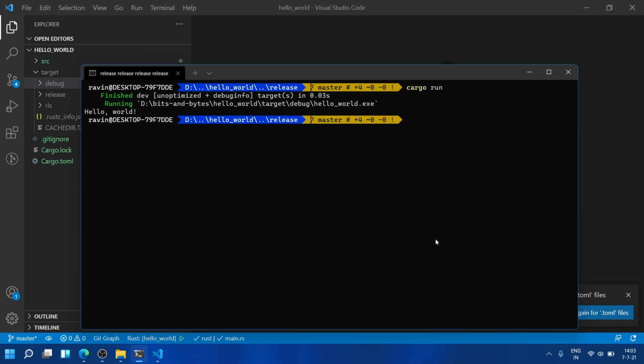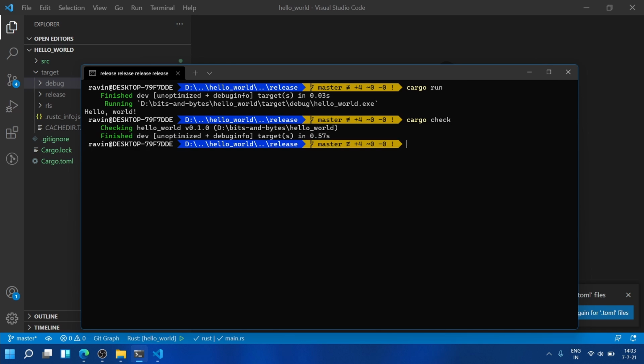And also another command you can use is cargo check. Okay, so what it's going to do is it will not compile or anything. It will just go through your code and see if everything is fine, if your program will compile correctly or not. Okay, if you are building any big application, every time you build or run, it may take a long time. So cargo check will simply go through your code, and you can check the output. Okay, so it will speed up your development process continuously.